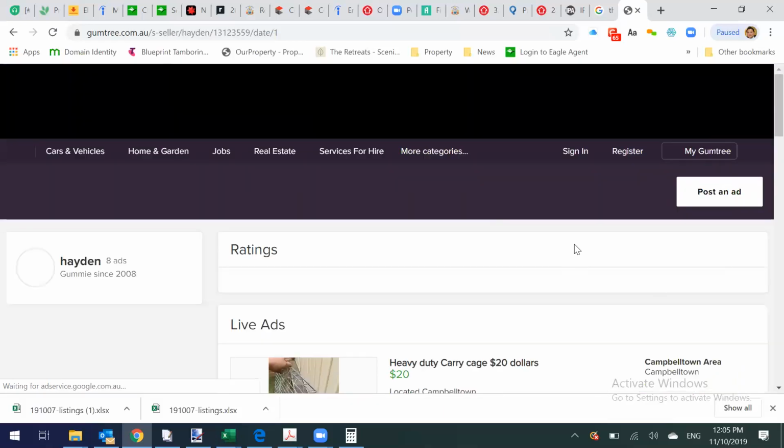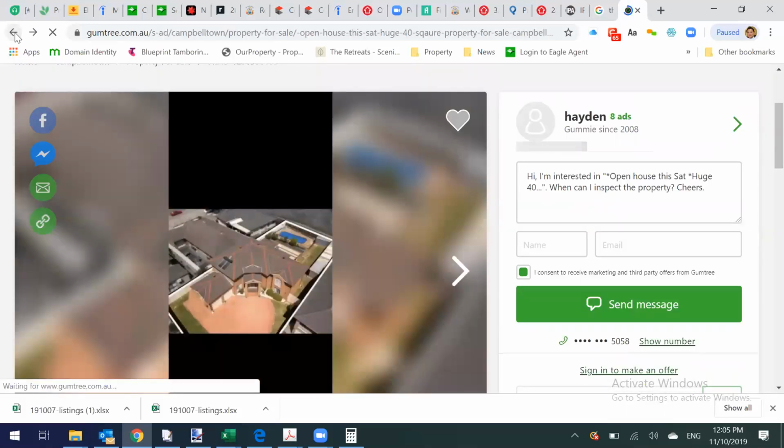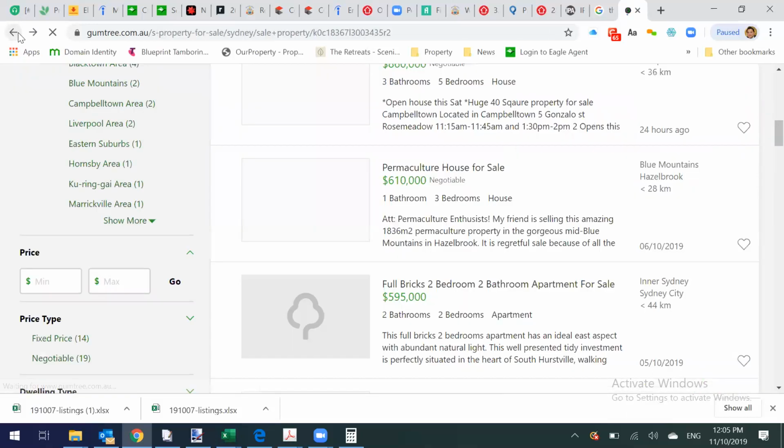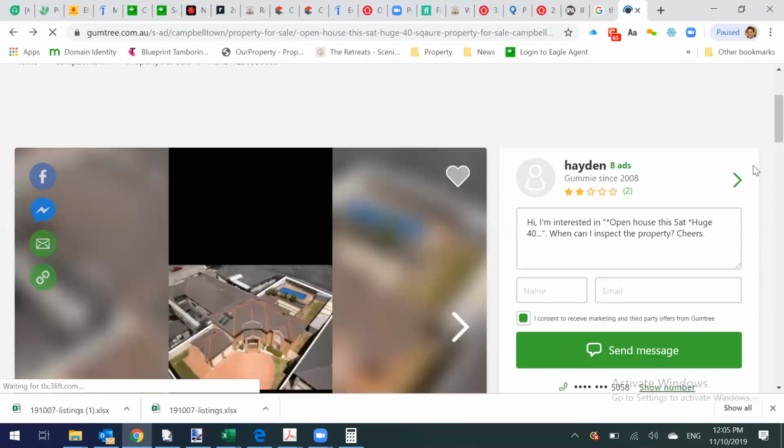But you can get his number. We can get his number on here. He's got a number hidden, his phone number. So that's the owner. As soon as you log in, you can see the number. It says show numbers there on the side. Once you log in, then only you can see. So Gumtree makes it...